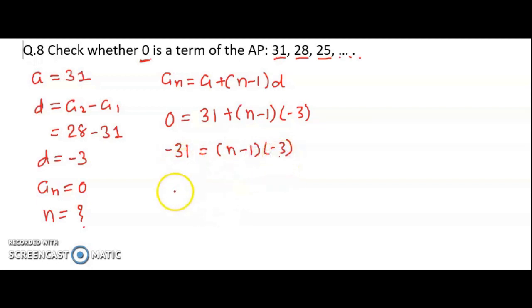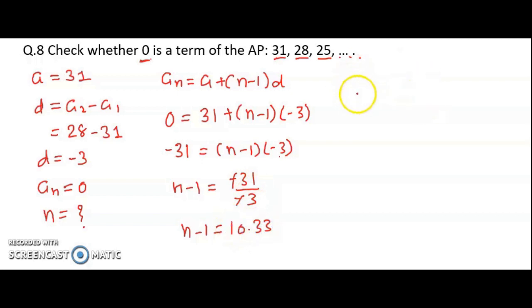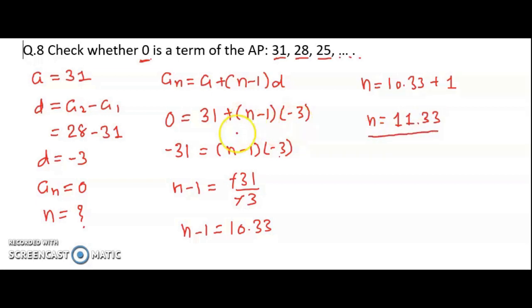This minus 3 will go into the division, so we will get n minus 1 equal to minus 31 divided by minus 3. Minus minus will be cancelled out. So we get n minus 1 equal to 31 divided by 3, that is 10.33. You can say n equal to 10.33 plus 1. So we will get n equal to 11.33. So now you can see your n is the number of terms and the number of terms is 11.33,